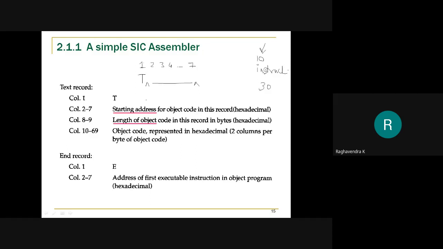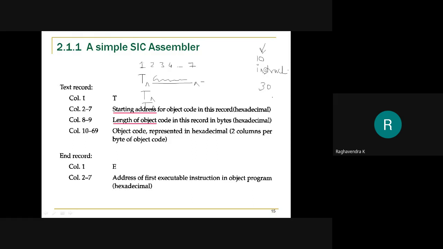Normally I would need around 3 text records. When I specify the first text record, the address of the first instruction will be present here, followed by something I'll discuss later. The first text record contains 10 instructions.